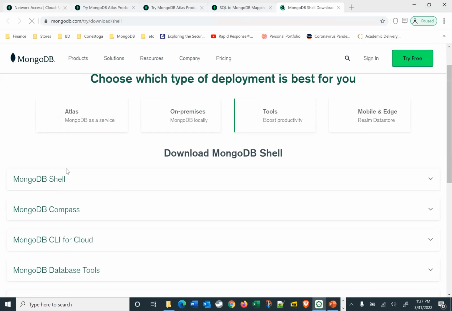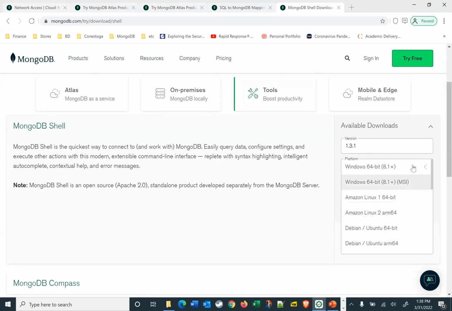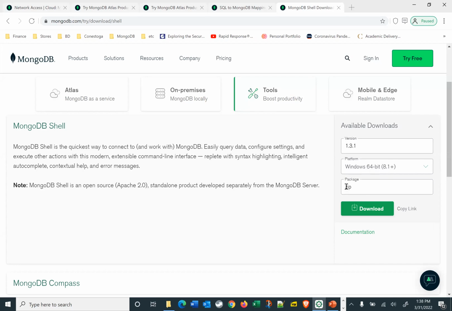As soon as we go in this link, you can see MongoDB shell. We'll be accessing our cloud database from our local computer through a shell called MongoDB shell. The current version is this, and you can see there are two options. Either you install it, MSI, that's an executable file, or if you go here, 64-bit, you'll find a